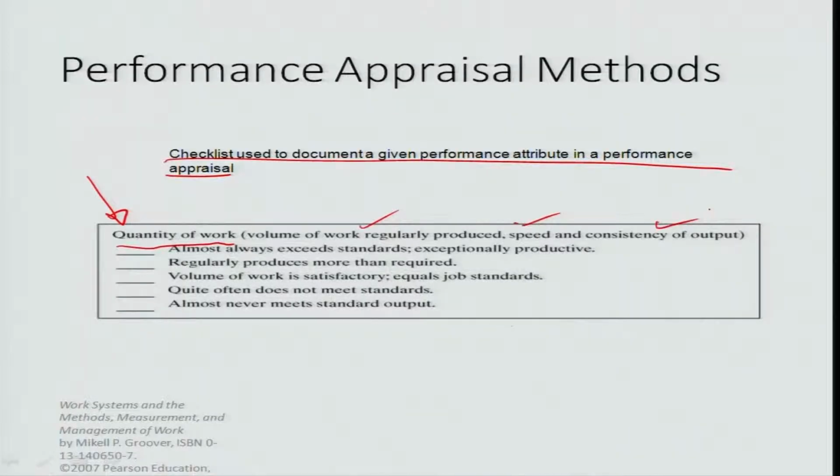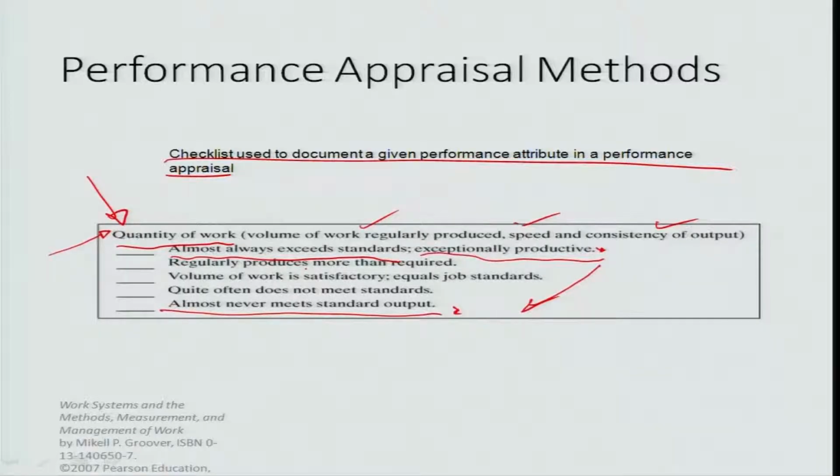So, these are the sub factors associated with this factor, quantity of work. When we are trying to rate an individual, we can make various degrees or slabs over which the individual can be put, starting from almost always exceeds the standards, exceptionally productive, to almost never meets standard output. This is the highest grade, and this right here is the lowest grade. Between these there are a variety of different grades in which one can rate the performance attribute of